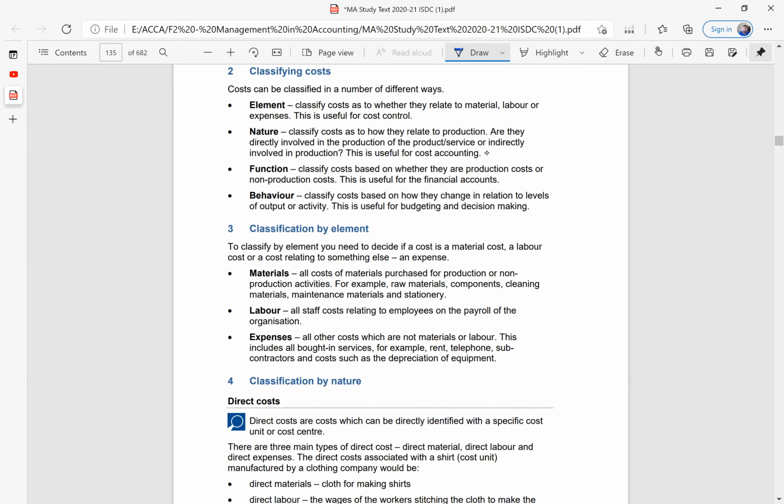In materials, all the materials that are purchased for production or for non-production relate to materials. Production materials are direct materials. Non-production materials are indirect materials, because they are not directly being used for production. For example, if I am making a table, the wood would be the direct material. It is being used directly. The nails, you know that in order to attach the wood together to assemble it into a table, you need nails. You know what nails are, right? The steel nails that you drill in. So the nails are your indirect material.